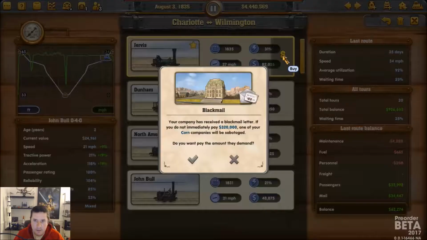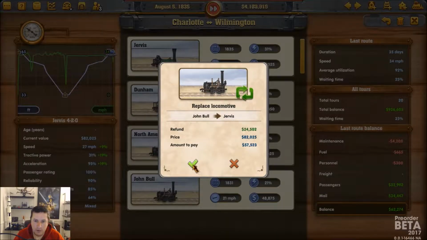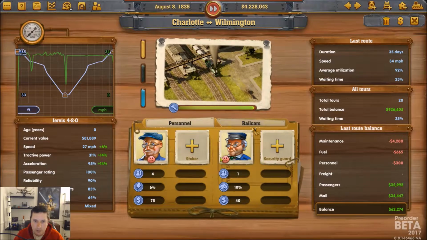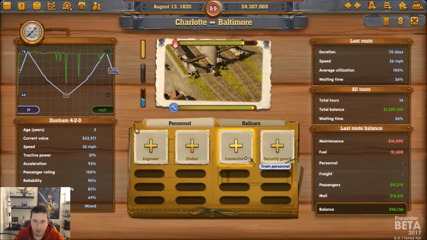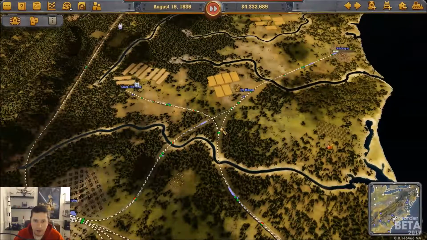Alright, let's replace you with the faster train then. Oop. Whatever. Yes. We'll give you a conductor because you don't have one yet. Oh, they don't get along. So let's unassign. Next train. We'll give this train a conductor because you can't conflict with anybody. Good. And then